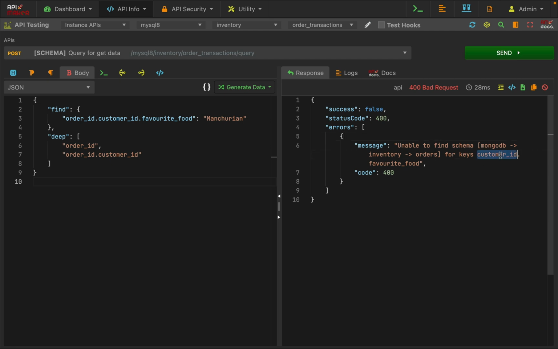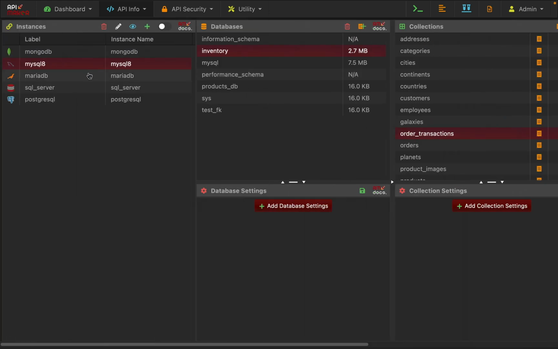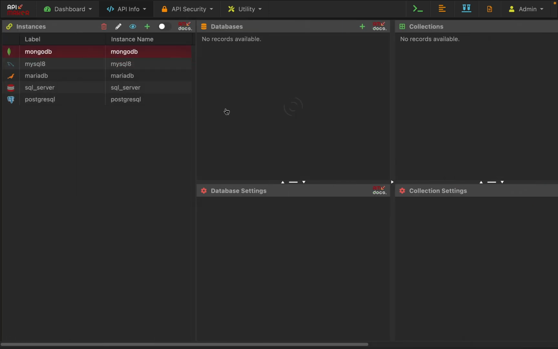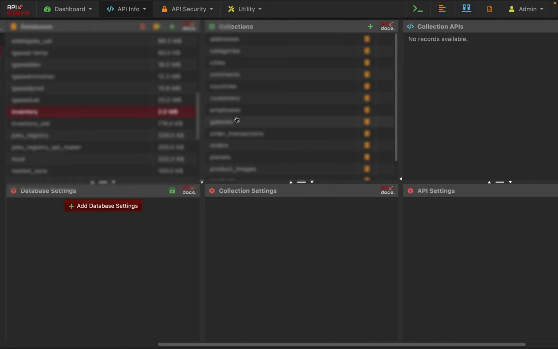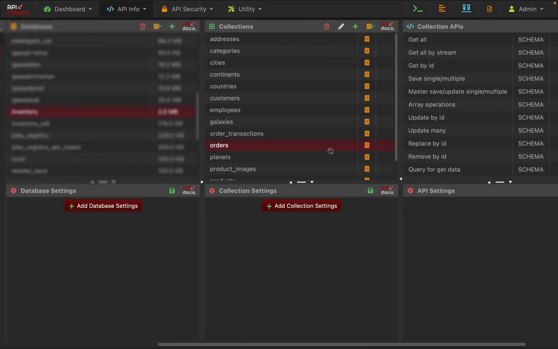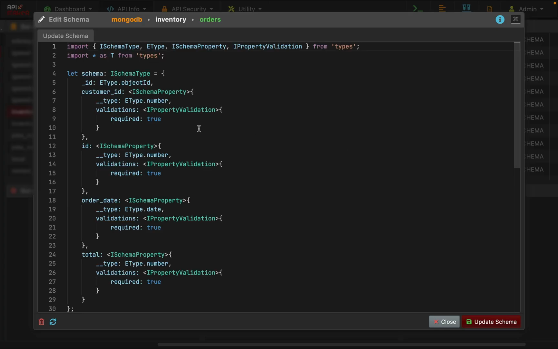saying that it is not able to find schema for this customer ID field inside the schema of MongoDB, inventory and orders collection. So let's go to orders. So we'll go to MongoDB, we'll go to inventory, orders, modify the schema, and for this customer ID,